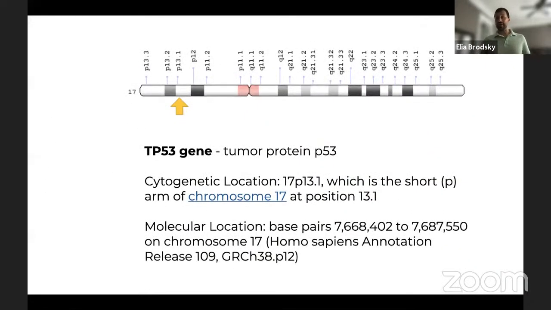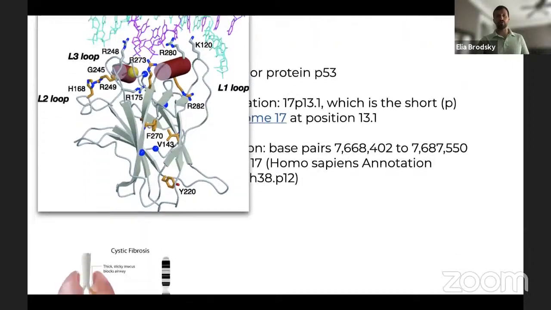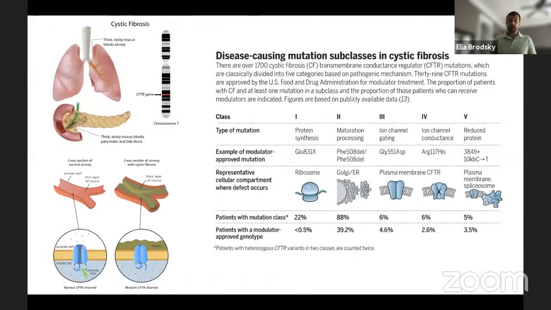As you all know, a good example of that is the p53 gene. This is a gene that is typically found in many of the tumors, in many different types of cancers. And there, just a small number of mutations can cause that gene to stop functioning. The protein that it encodes will stop functioning properly and essentially will lead to unregulated growth and uncontrollable tumor development. So this is an example in cancer. As I mentioned, there are other types of genomic information associated with disease, for example, cystic fibrosis.